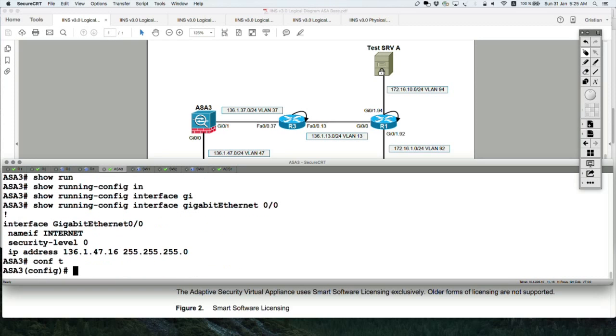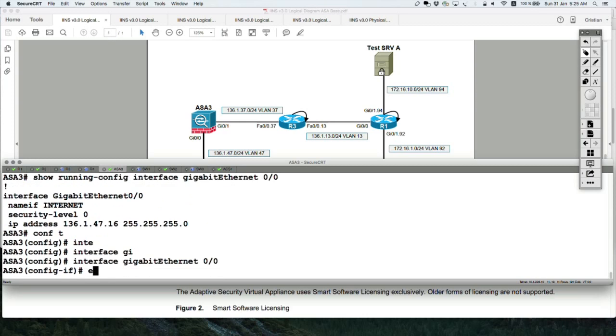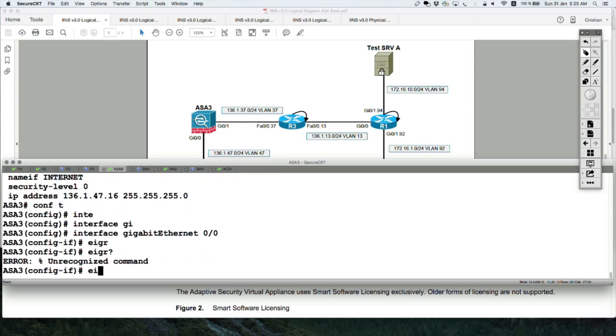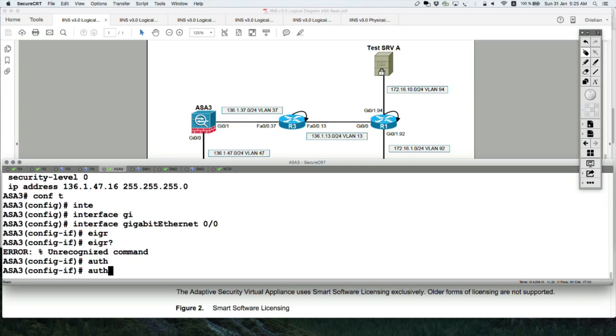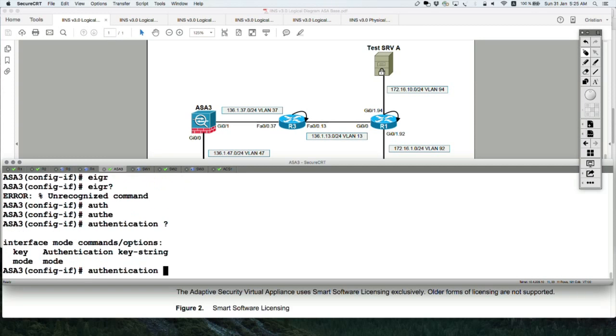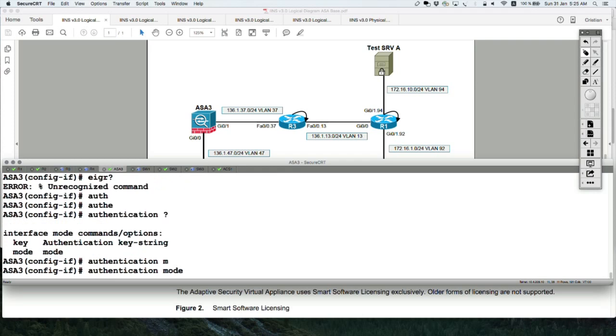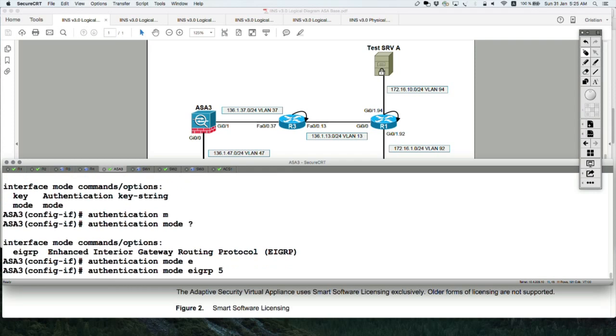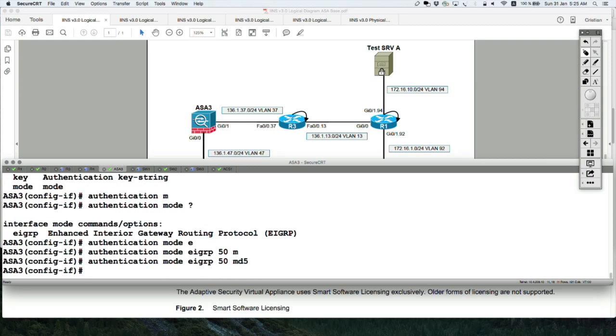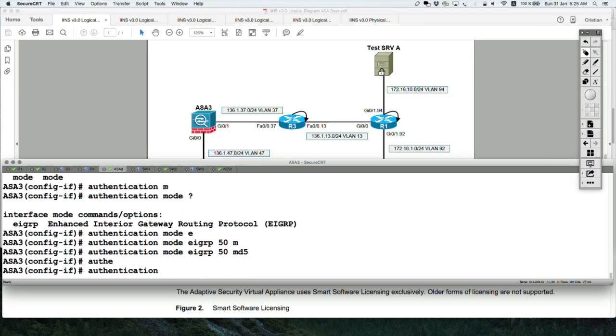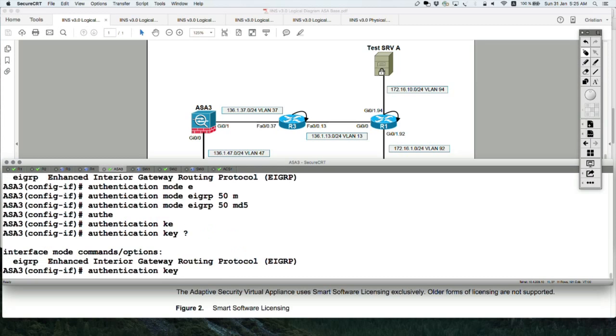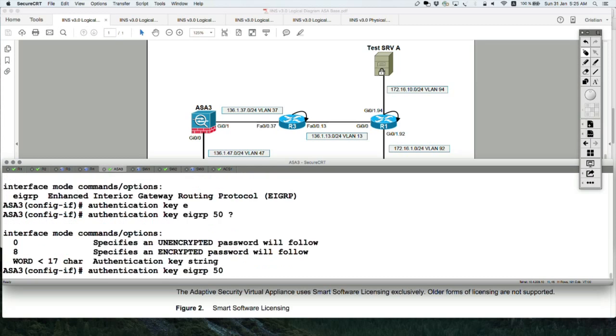Okay, interface gigabit 0/0. Authentication mode EIGRP 50 MD5, and authentication key EIGRP 50